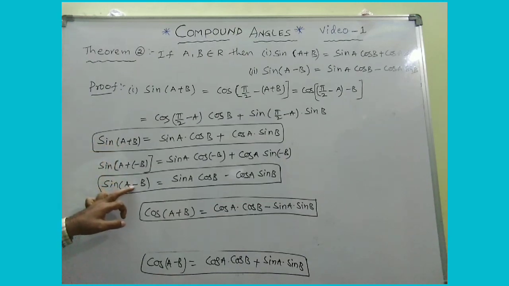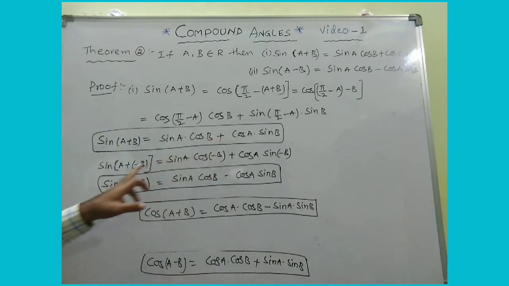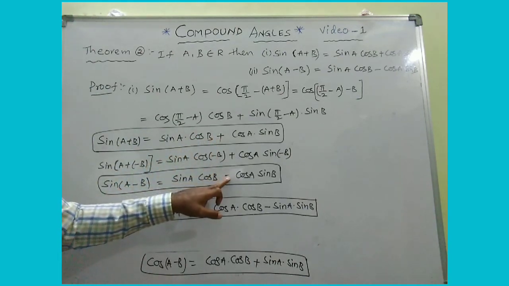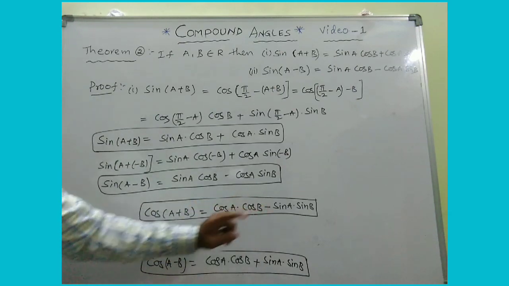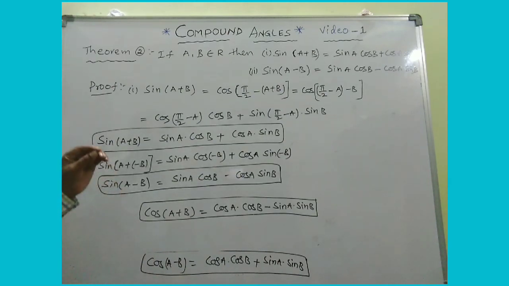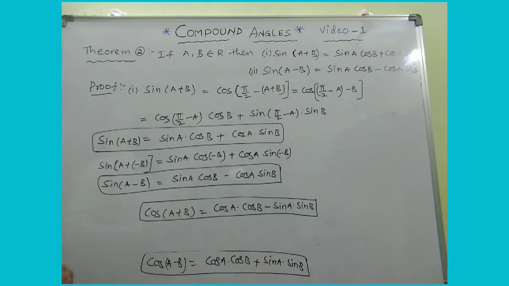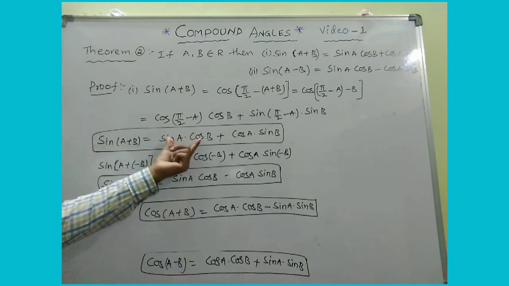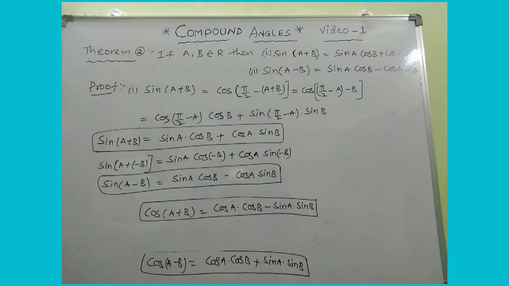So a shortcut, an easy way to remember: when it is sine of A plus B or sine of A minus B, remember that first, if it is plus, sine is again plus. If it is minus, sine also is minus. But in terms of sine cos, when it is plus, we get minus. When it is minus, we get plus. Right? And next thing is, here in the cos formulas the first two are cos and the next two are sine. But in case of sine of A plus B and sine of A minus B, we get a combination of sine into cos, cos into sine. These are the two points you need to remember.